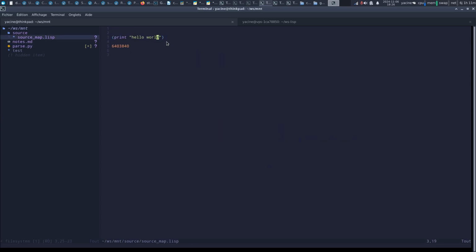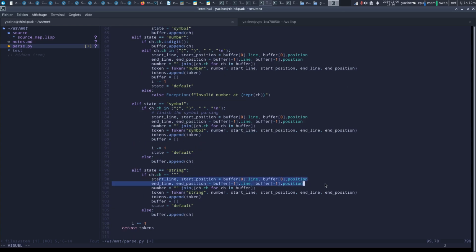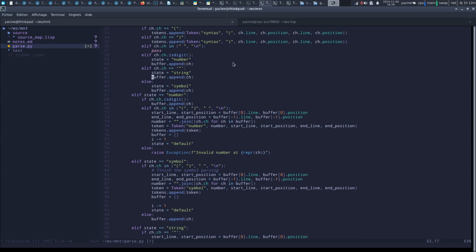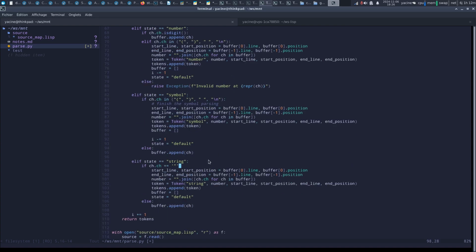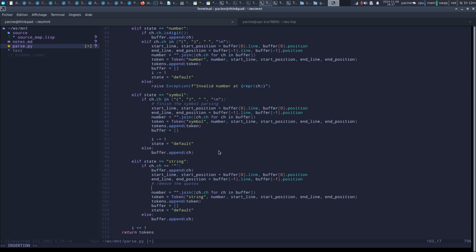I'm not going to implement special characters like this. I'm just going to do a very basic string parsing with a quote, something, a quote. So when there is a second quote, I take the positions of the beginning and end of the character. No, I need this character. I need to include the string quotes inside the position of the string. So I'm going to add the quotes to the buffers so that I can take the positions, and then I'm going to remove the quotes from the buffer like so,